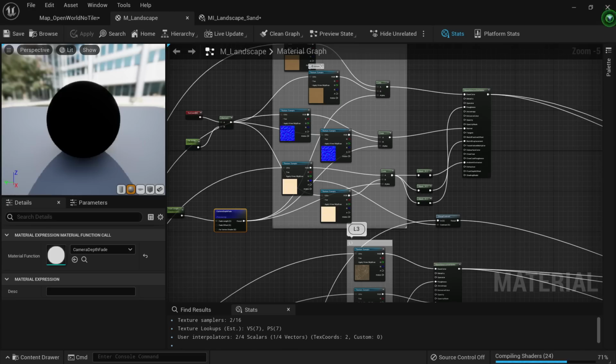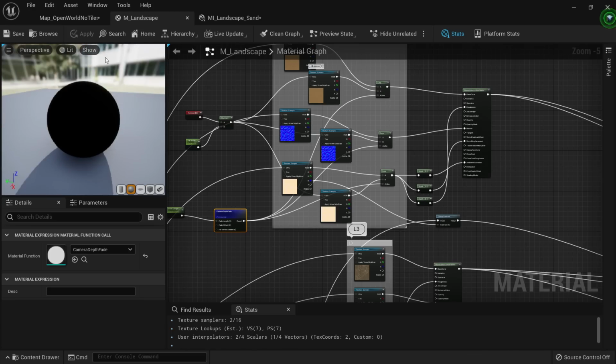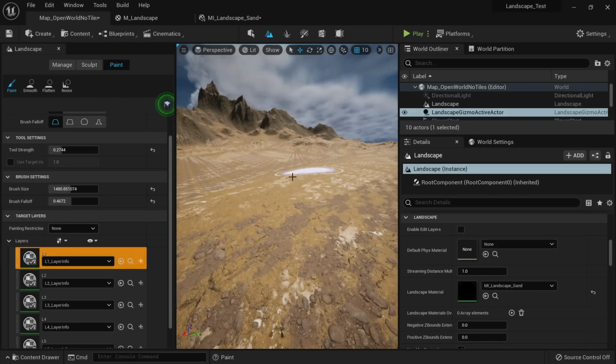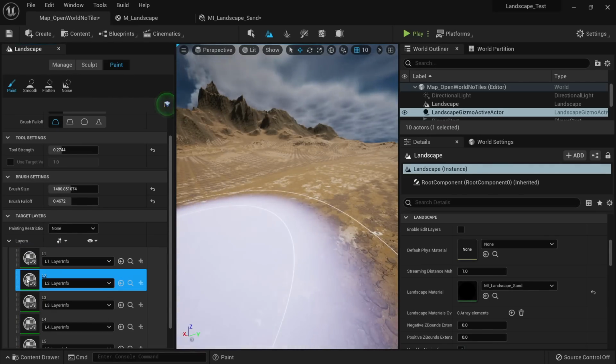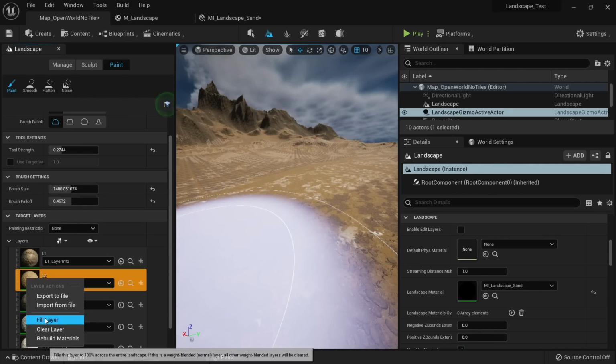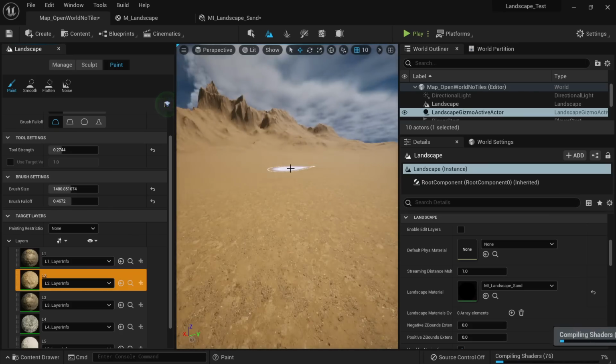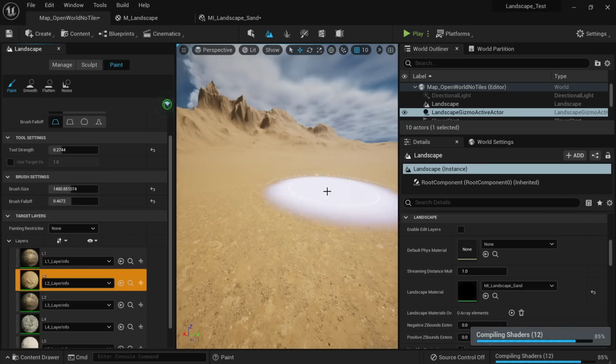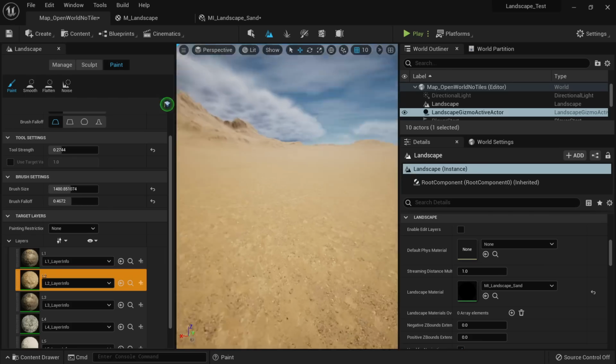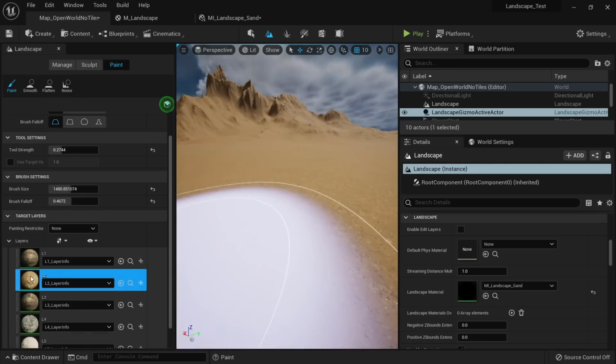Go back. Okay, and here, in order to try it out, I will fill this. Right click and fill the layer 2 for all my landscape. And what this will do is to put my landscape entirely using the layer 2